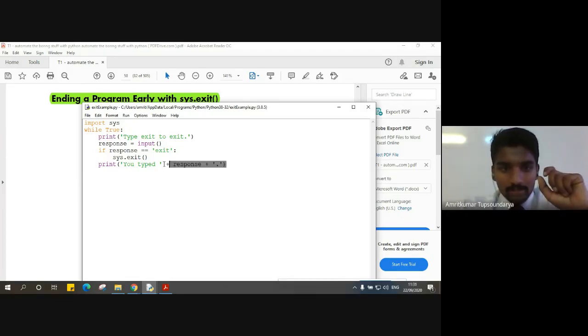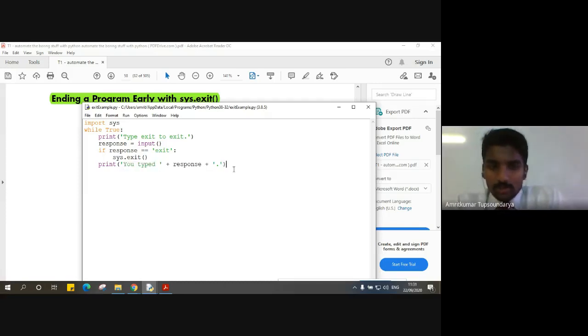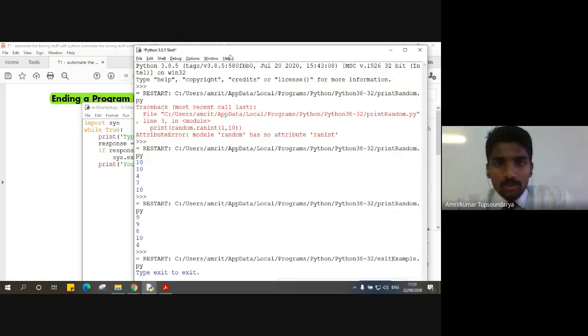At the same time, we are also concatenating the response value with our statement, that is "You typed", followed by a full stop. So it's a simple concatenation. I think you'll be familiar with this by now. Let us execute this code and see what we are able to achieve.